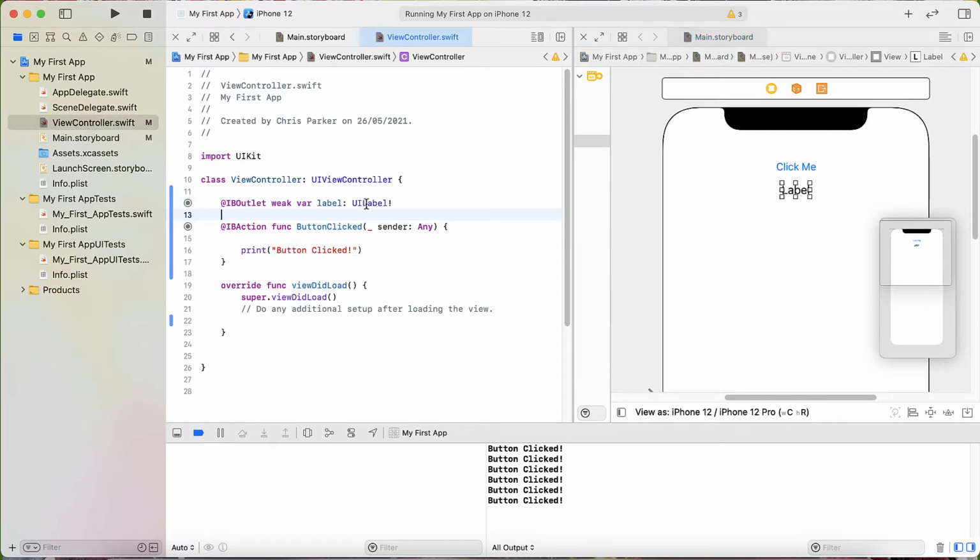Bit of space. So what is that? Well, we've got a variable. It's something that can be changed. It's called label. And at the start is that. Right, let's do something. Well, what's the thing going to be? It's going to be